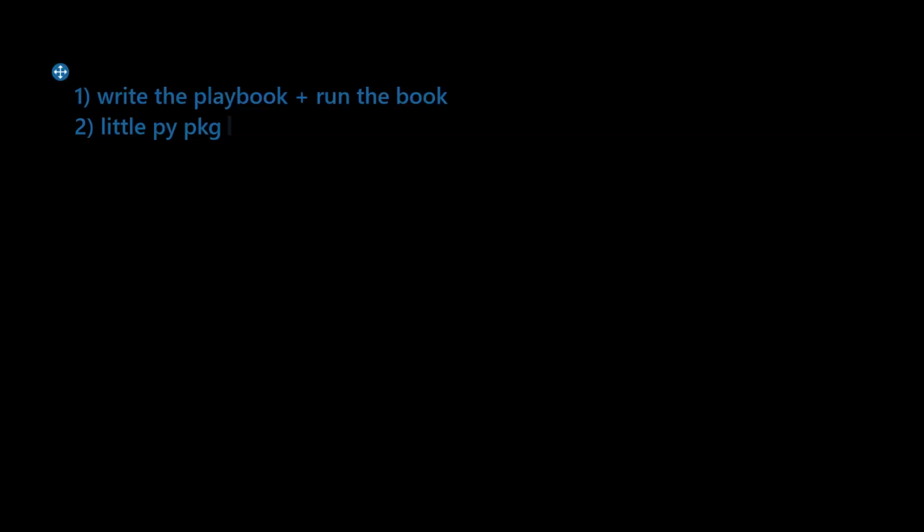Once this Python package is created, it will be copied to the target via an SSH connection. Once this package is copied to the target, that package is executed there. That's why we need Python on every machine. When the package is executed, configurations are applied.